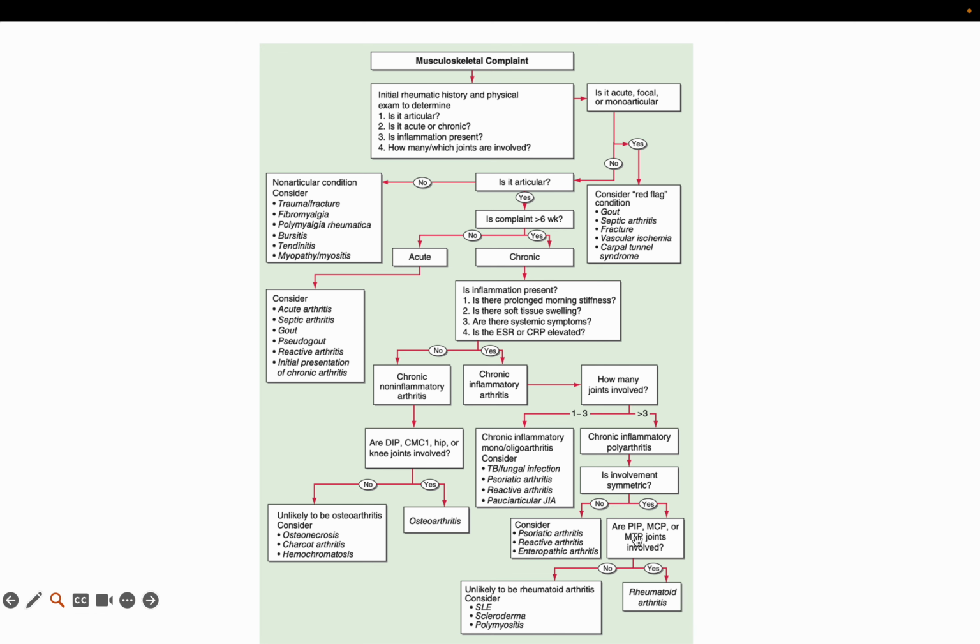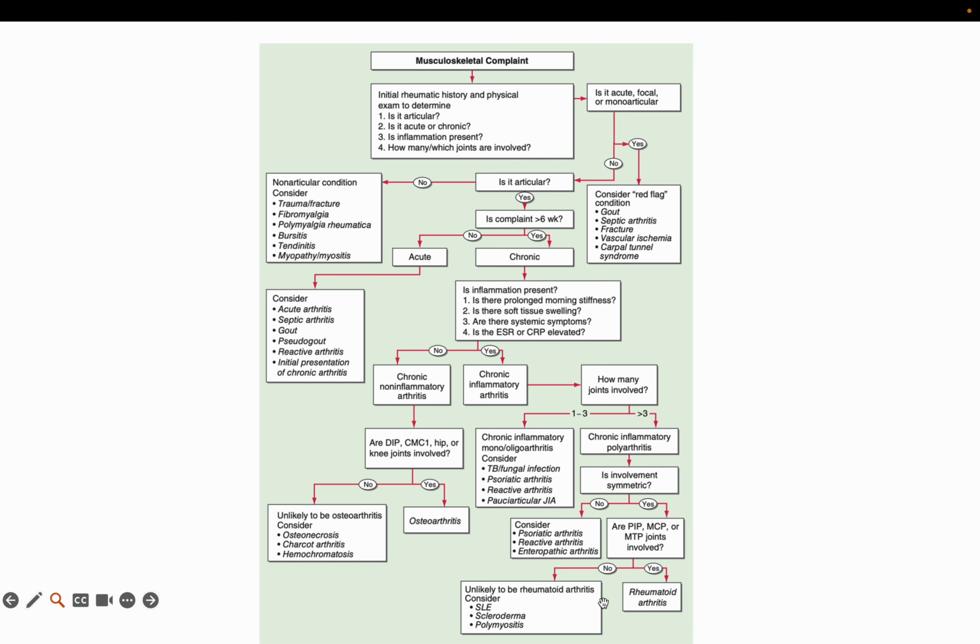So based on the joint involvement, if PIPs, MCPs and MTPs are involved, that is rheumatoid arthritis. If they are not involved, that might be a case of SLE, scleroderma, or polymyositis. If the involvement is chronic inflammatory and not symmetric, then you look for all peripheral SpA. So symmetrical is present or not. If asymmetrical, always look for SpA. If it is symmetrical, then you look for PIP, MCP and MTP joint involvement, which is common in rheumatoid arthritis. If unlikely to be rheumatoid arthritis, then consider